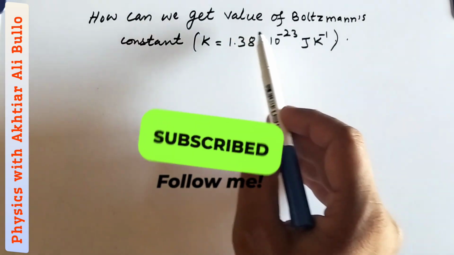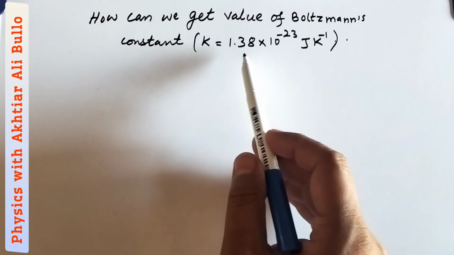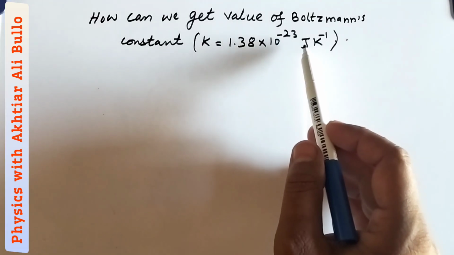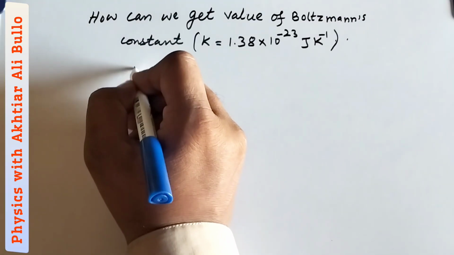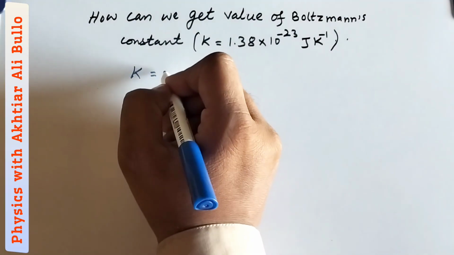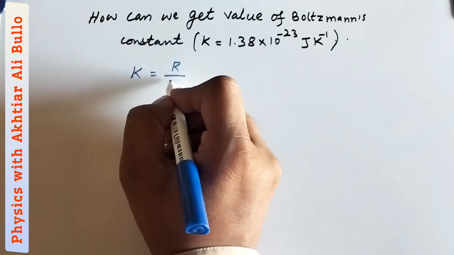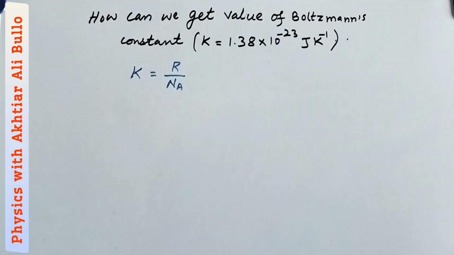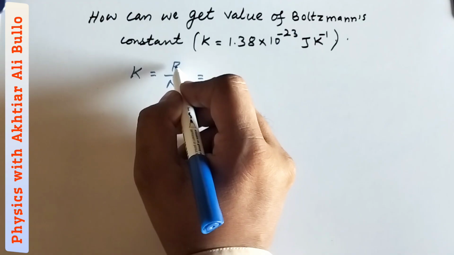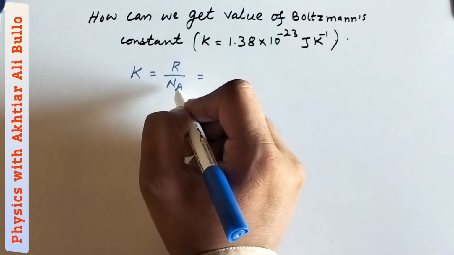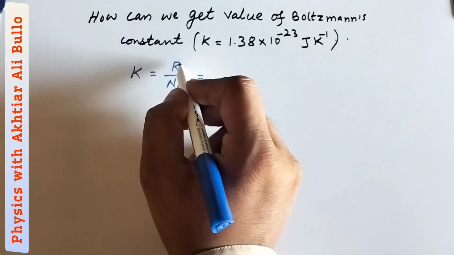How can we get the value of Boltzmann's constant K equal to 1.38 into 10 raised to the power minus 23 joule per Kelvin? Boltzmann constant K is equal to the gas constant divided by Avogadro's number. The value of the gas constant is constant and the value of the Avogadro constant is also constant. The value of the gas constant, or universal gas constant, is